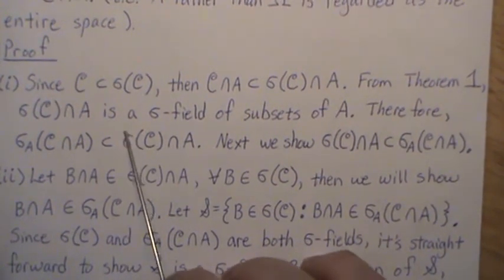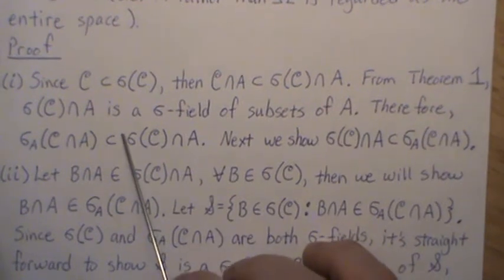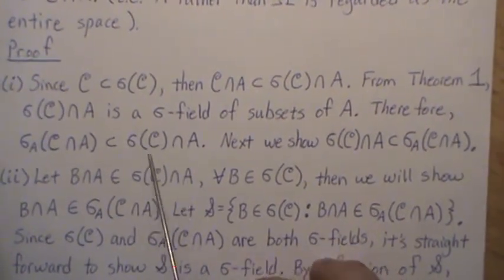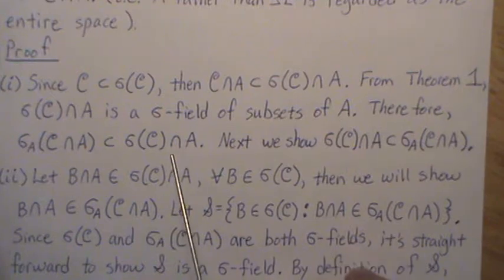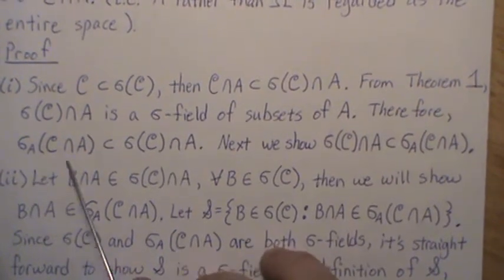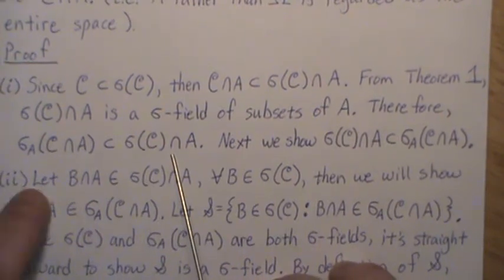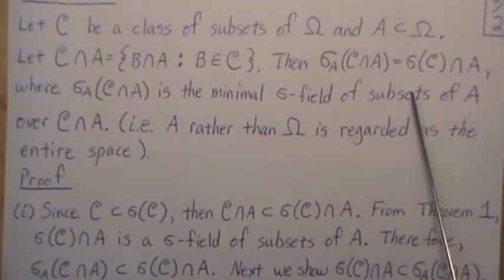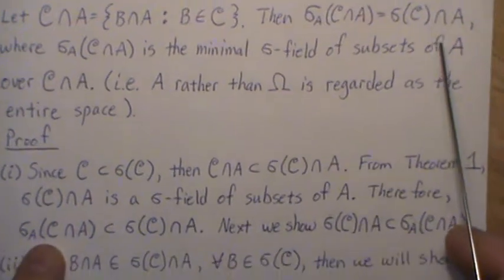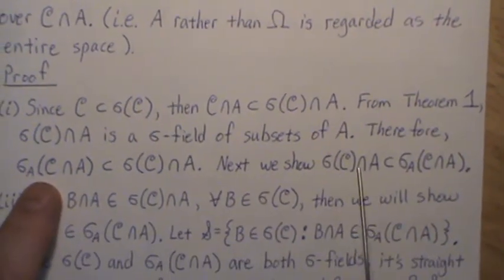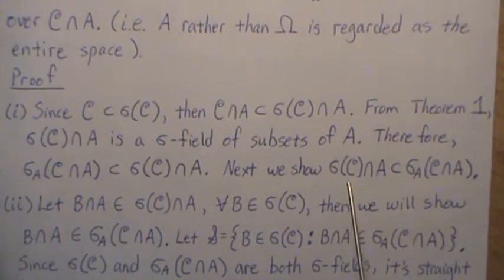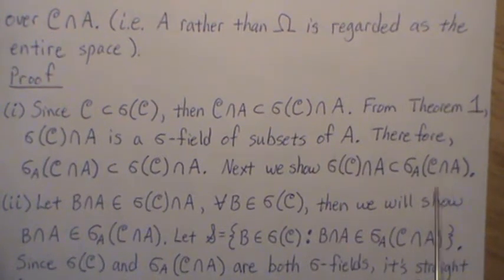But then you might ask, well, why didn't I put a sigma A of this? Well, this is already a sigma field of subsets of A, so we don't need to put it there. But this is a subset of that, and that's part of what we wanted to show, right? That this is a subset of that. Next, we're going to show that the sigma field of C intersect A is a subset of this